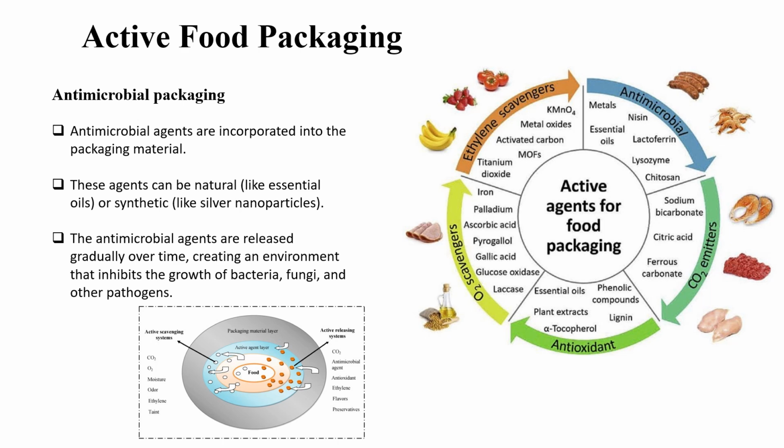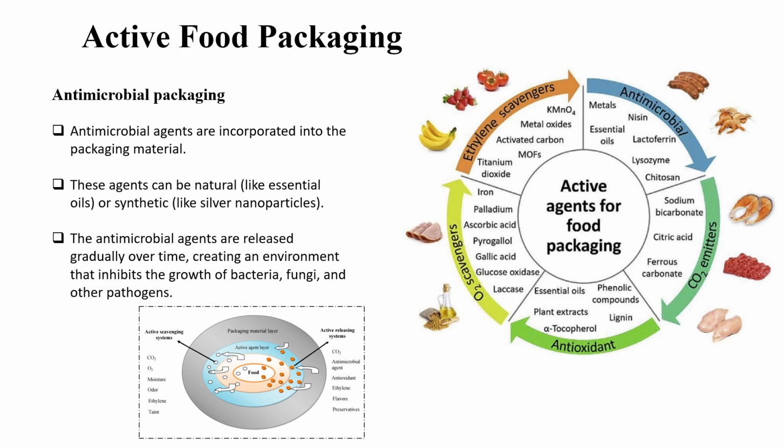In the active food packaging, we will see antimicrobial packaging. Antimicrobial agents are incorporated into the packaging material, and these agents fight against the bacteria and harmful microbes that spoil the food. There are two types of antimicrobial agents. One is natural and the second is synthetic. The natural agents include essential oils, plant-based extracts, and enzymes, and the synthetic ones include silver nanoparticles